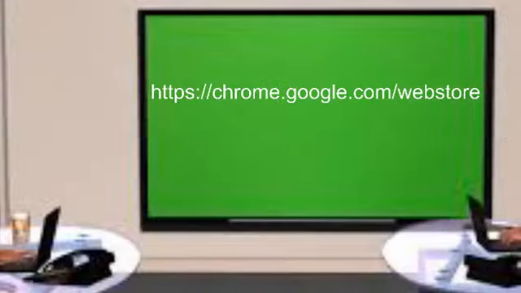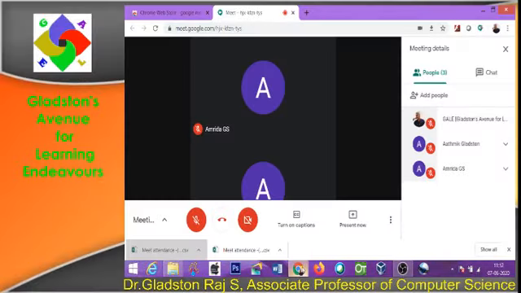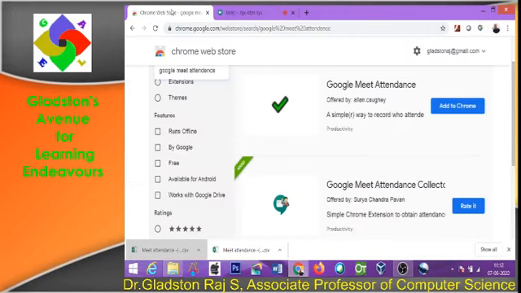For that purpose, you have to make some adjustments to the browser you are currently using. Go to https://chrome.google.com/webstore. Then you will arrive at a screen like this.